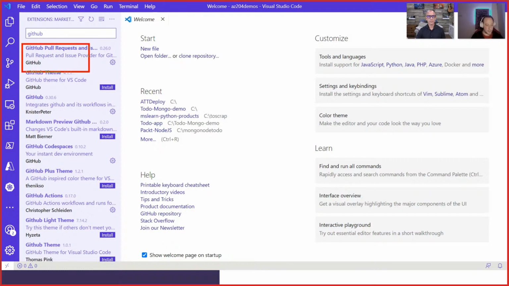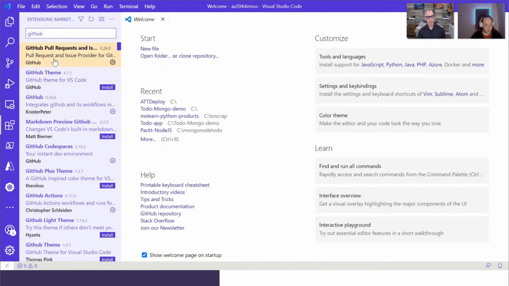So one of the tools John was talking about is this GitHub pull request. So you select it, you install it. Again, to speed up the demo a little bit, I already have it on my machine. If you like some of the GitHub main colors that you find on the GitHub website, there's a theme for it. And then, for example, this one is offering similar integrations, but it's not offered by GitHub as an official one. But nothing blocks you. It doesn't mean that if it's not coming from the official source, that it's not good enough. So a lot of community work and effort has been put into it. But let's focus on the first one.